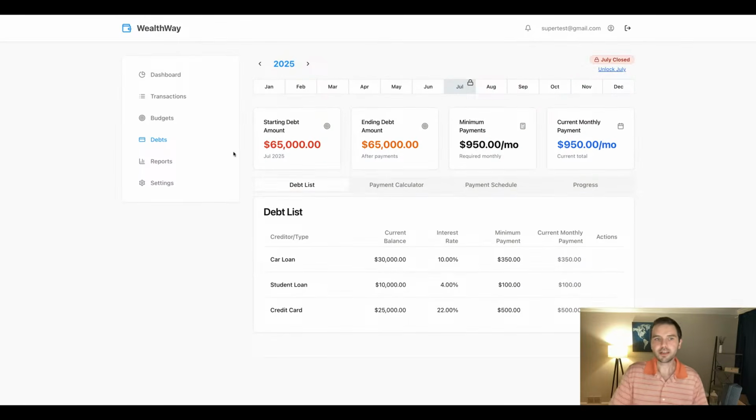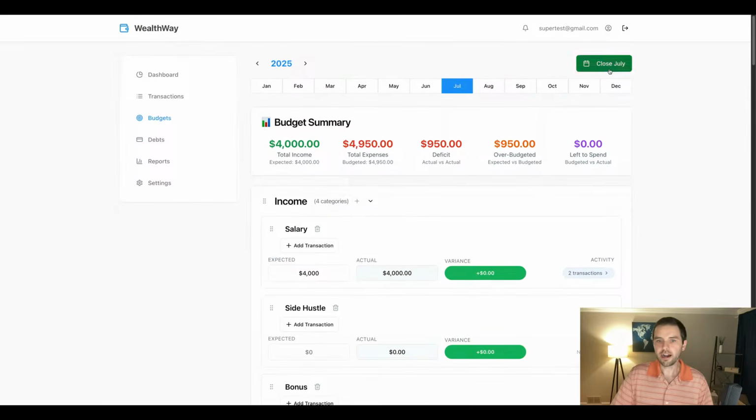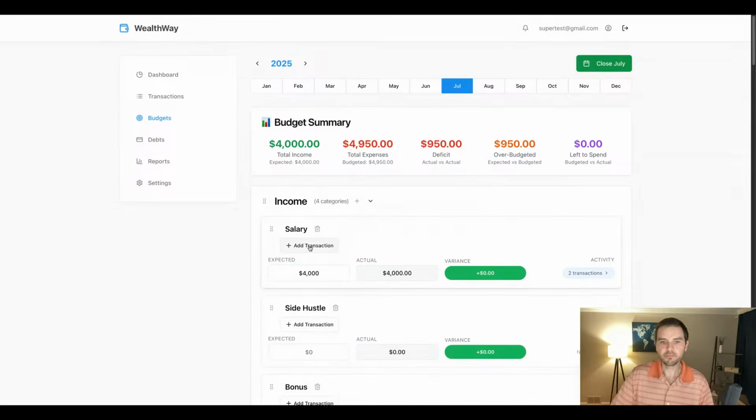And then if you need to go back into July and change something, you could just click unlock, and you could see it adds everything back. The transactions, you're able to do those again. So it's just a neat little feature. The next thing that I want to talk about super quickly